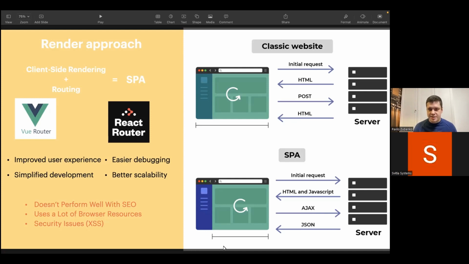For Angular it's also needed, but it's built in, so it's not as relevant there; still, it's a small separate part that you add into your base framework architecture. And this extra library provides this pattern. It pretends to the browser history that we are actually making requests and changing pages. You can see your browser history available, and it is almost the same as what a classic website provides with HTML responses.